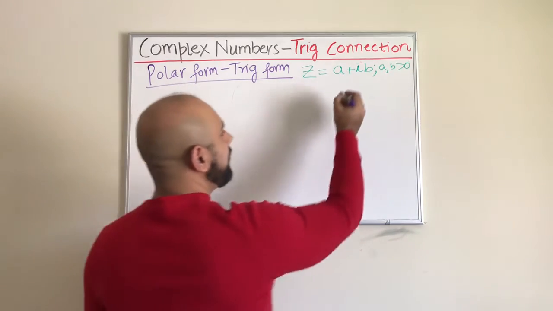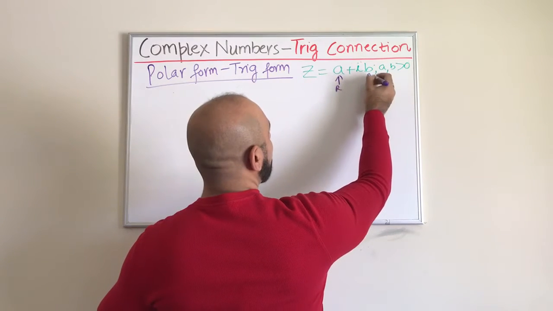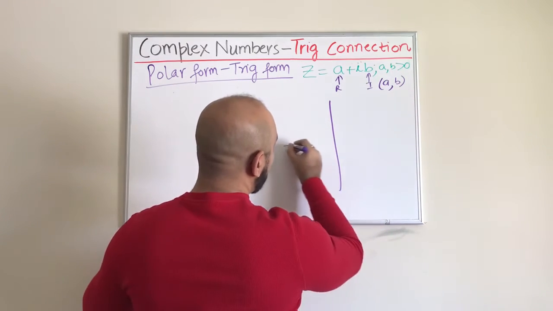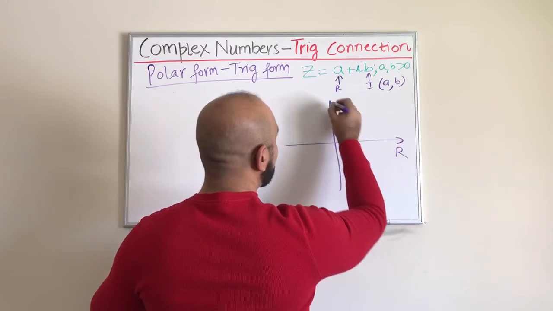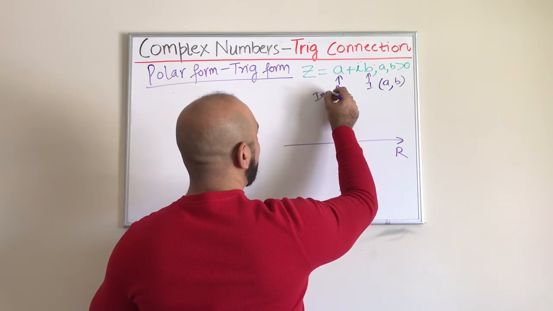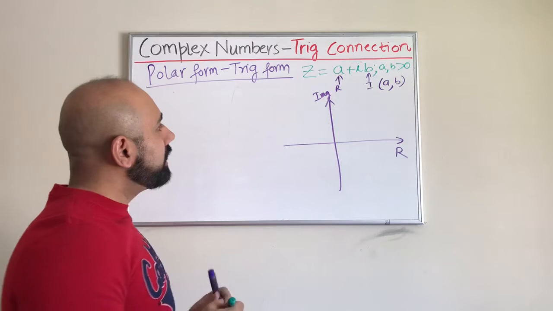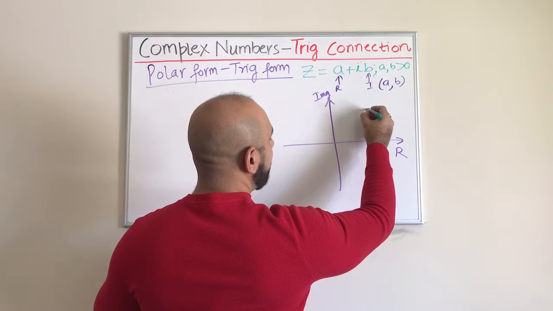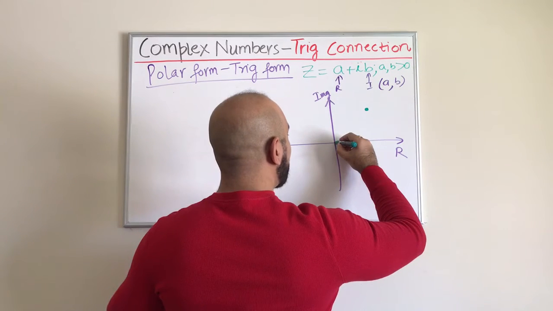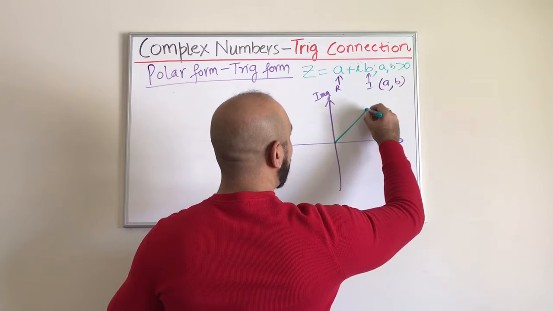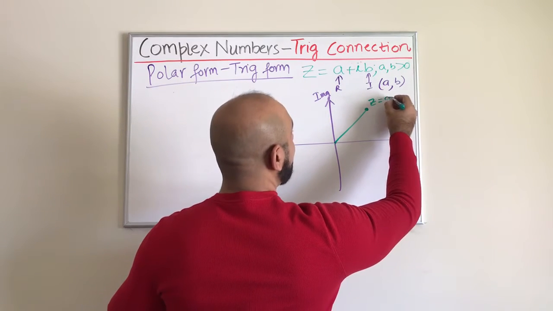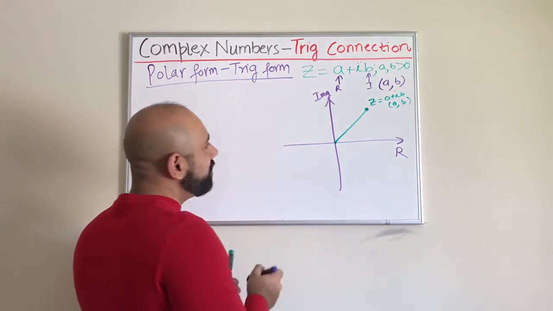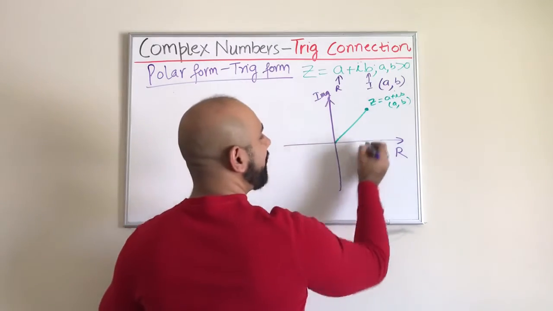So if I have to plot this, we already know this is my real and this is my imaginary part, and I can think of that as a coordinate pair a and b. And if I want to plot this, this is my horizontal axis, which is also called the real axis, and the vertical axis is called the imaginary axis. And if I plot this a and b, guys, obviously they are both positive, so they're going to be in the first quadrant. So let's say they're right here. Then I'm going to connect this line between the origin and that point, which is represented by that complex number a plus ib, or you can write that as a coordinate pair. And then guys, I'm going to drop a perpendicular from this point onto the